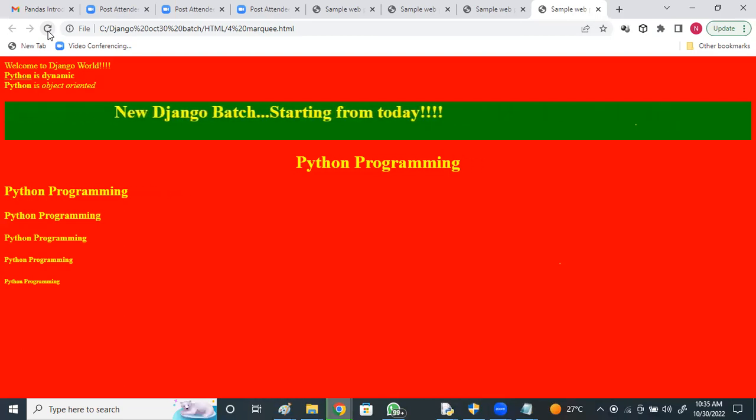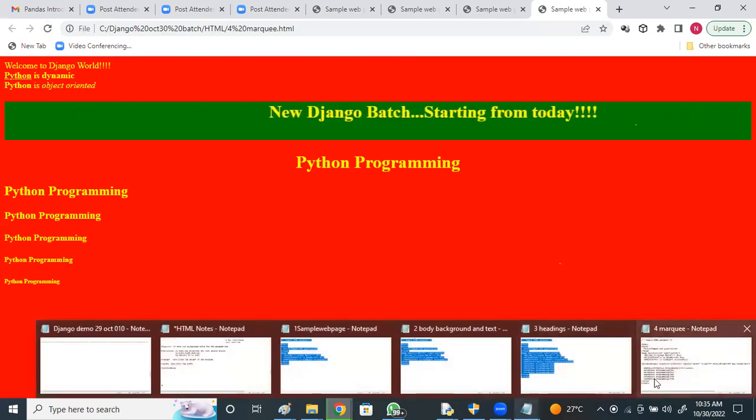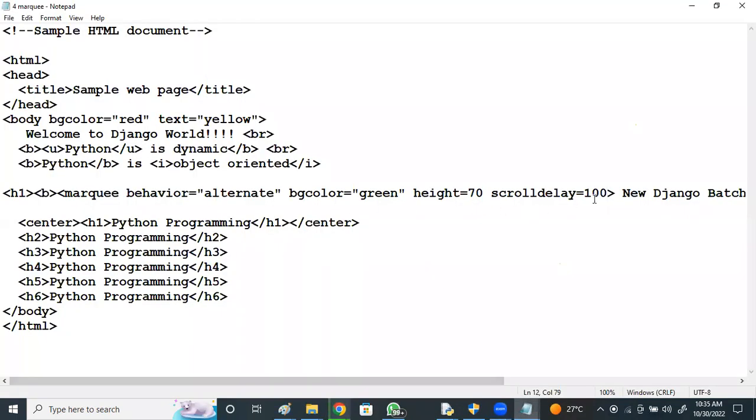See this? This is alternate, right? Alternate it moves. Scroll delay. Then if I give right.